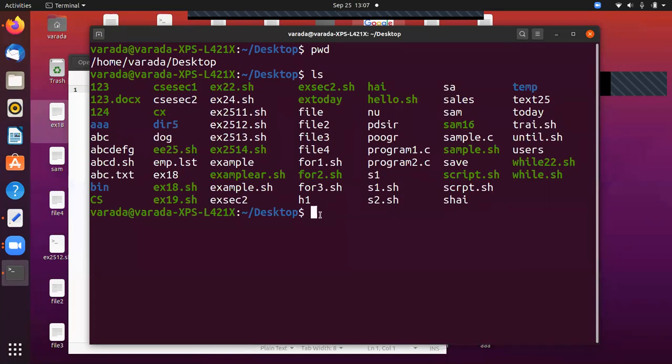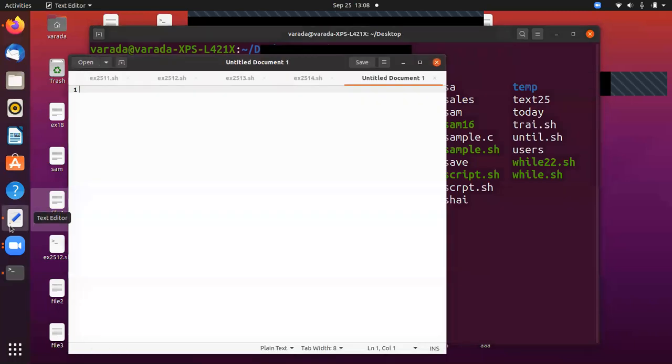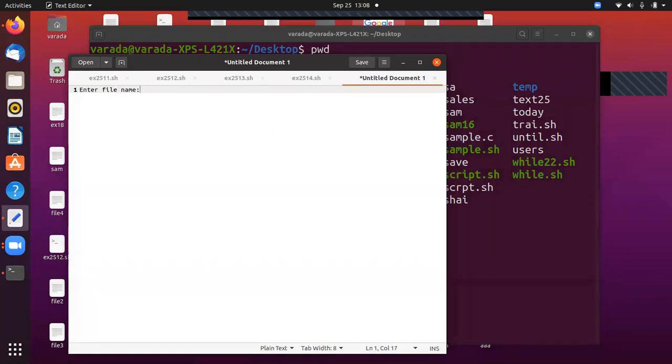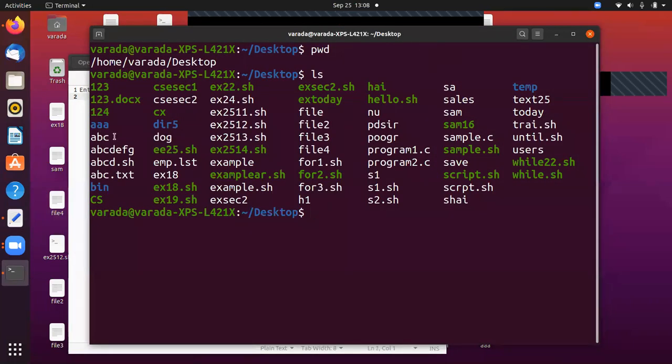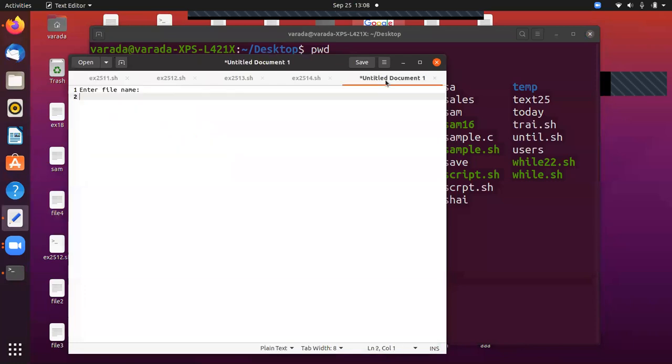In this class, we are going to give a file name. If the file is available, then it is going to print file is found. Otherwise, it prints file not found. Let us discuss the problem first. In the first line we display one message, enter file name. After that, I enter the file name, for example ABC. ABC is available, so if I enter the ABC file name, it displays ABC file found.